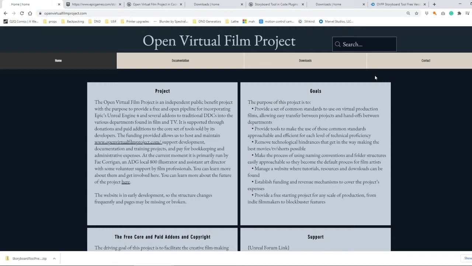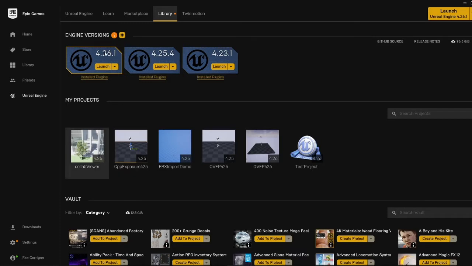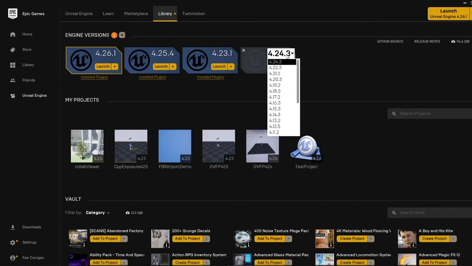In this video I'm going to be showing you how to install the plugin and set it up in an empty project. To start with, you need the Epic Games Launcher installed on your computer, link in the description. And with that installed, you need to go to the Unreal Engine tab, the Library tab, and make sure you have Engine version 425 or above installed. If you do not, click the Install a New Version of Unreal Engine button, select 425 or above here, and